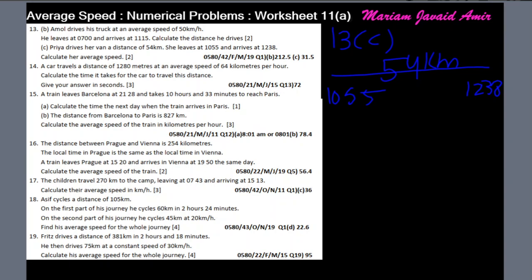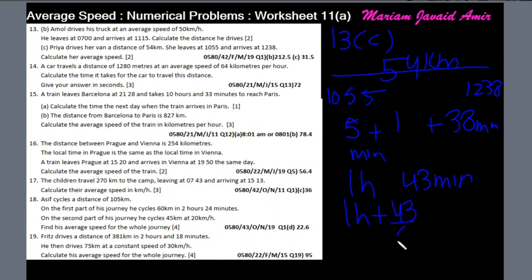So we have 5 minutes here till 11, then from 11 to 12 we have 1 hour, and then from 12 to 12:38 we have 38 minutes. So which means we have 1 hour and 43 minutes, which means 1 hour plus 43 over 60 hours,